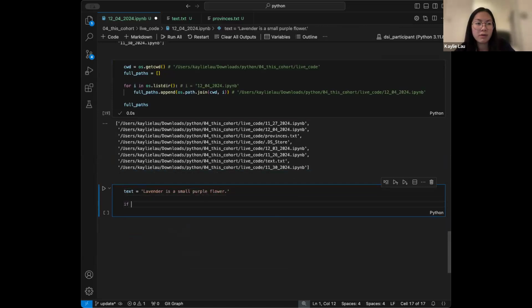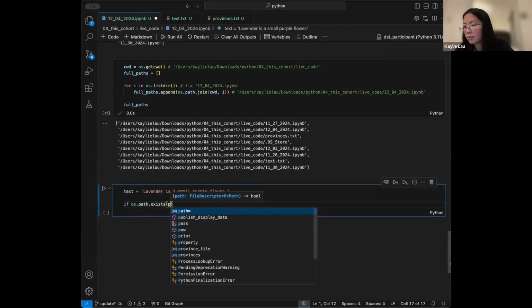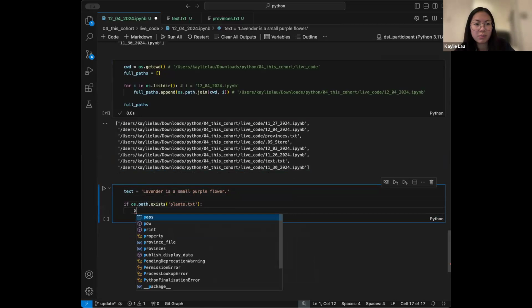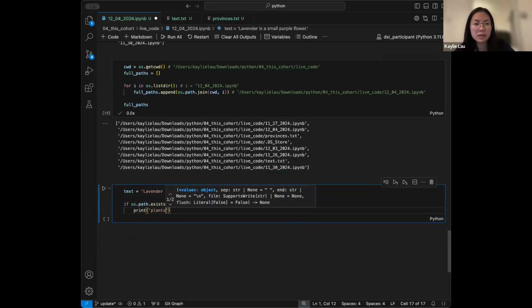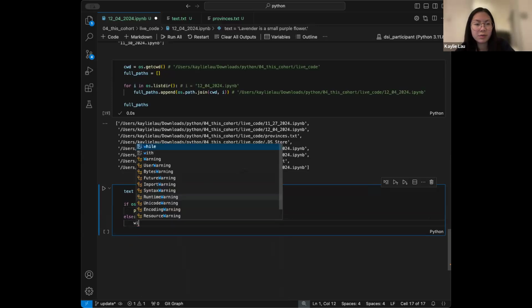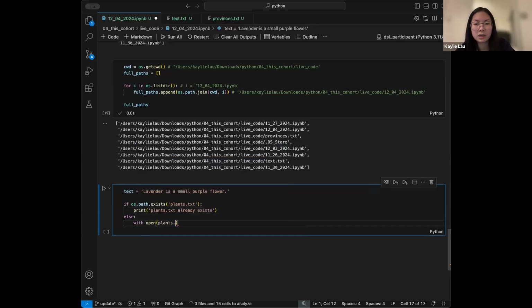If os.path.exists plants.txt, print plants.txt already exists. Else, with open plants.txt, w,